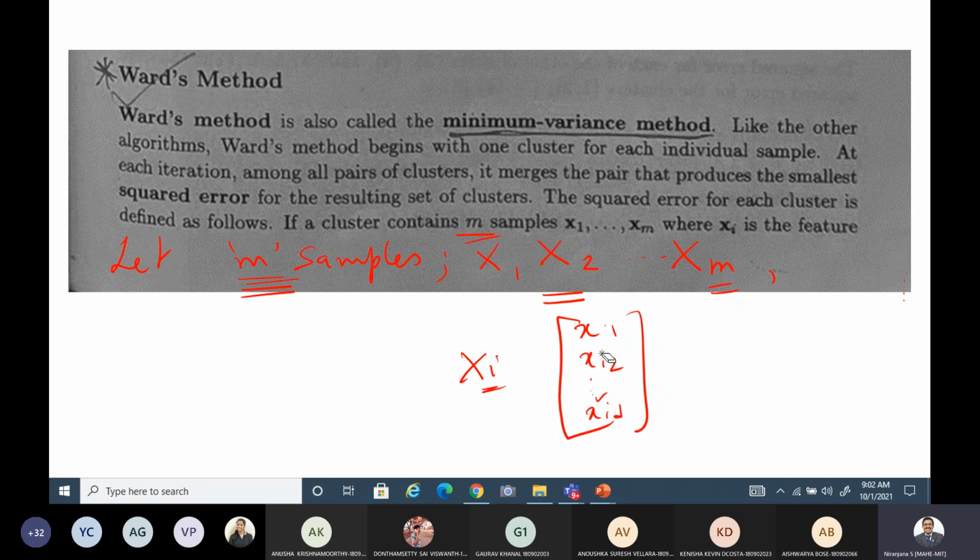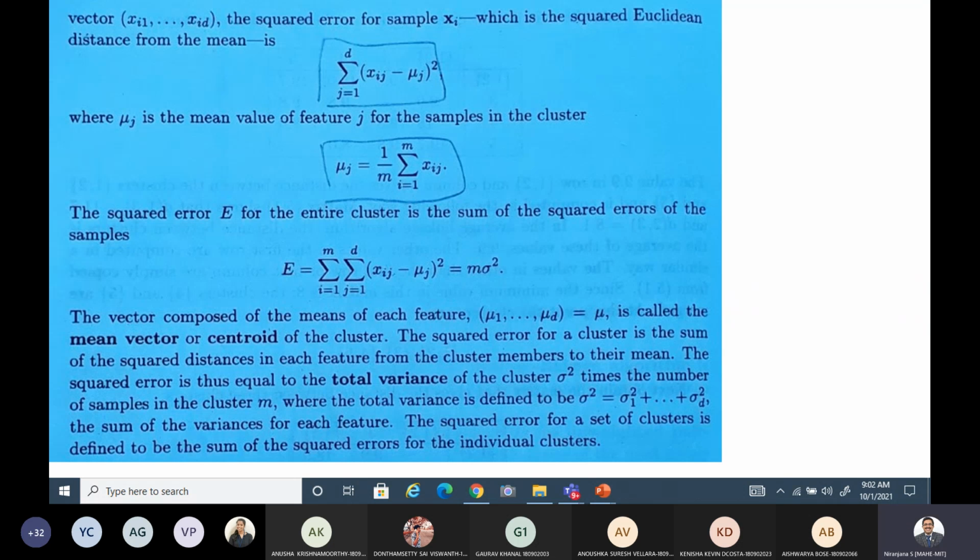Suppose this is the first sample you are referring to, it will be all 1, 1, 1, 2, etc. Got it? So there are m samples. In that case, how are you going to find the squared Euclidean distance from the mean? That is